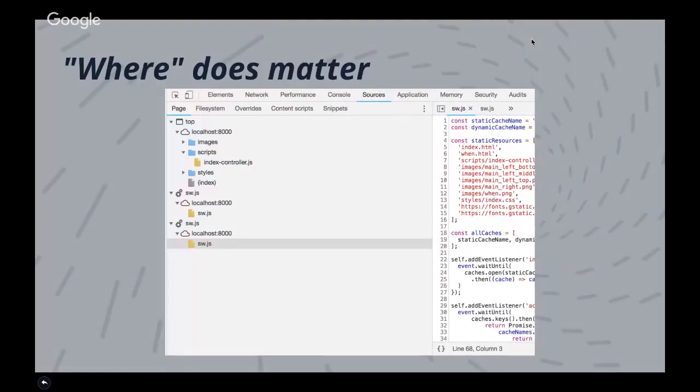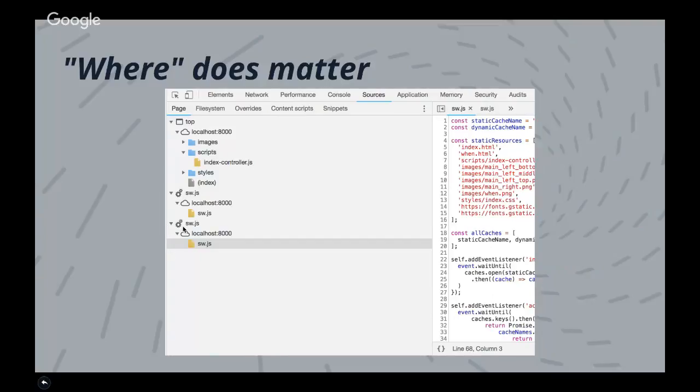This screenshot is actually from the Sources tab of Chrome's DevTools. If you notice what I have here, I have the application code on top, and you see the Service Worker scripts at the bottom.